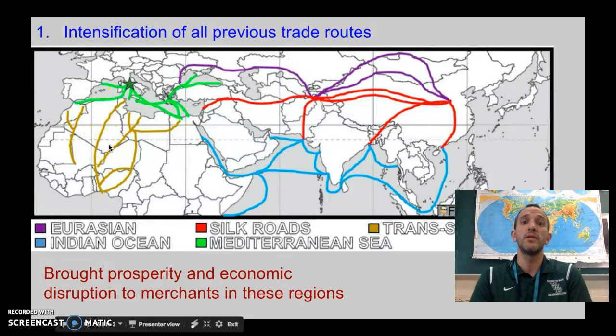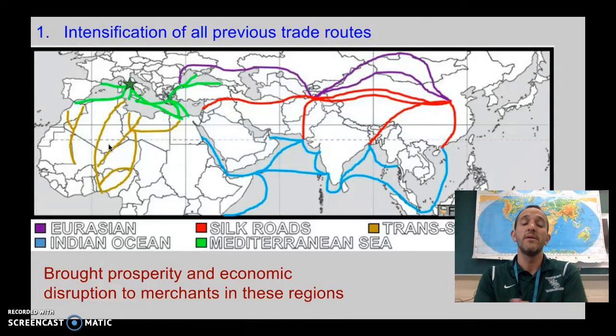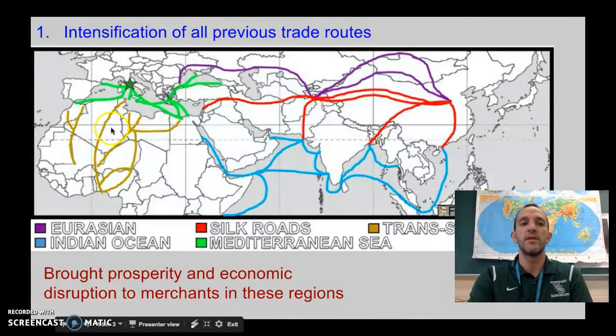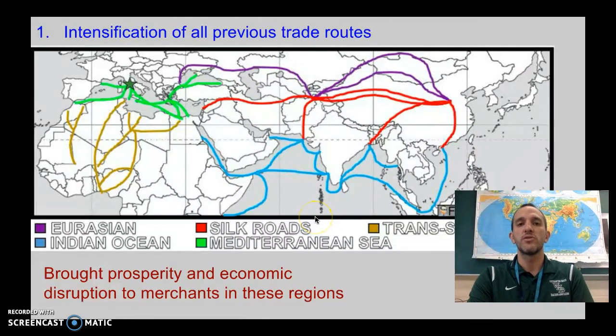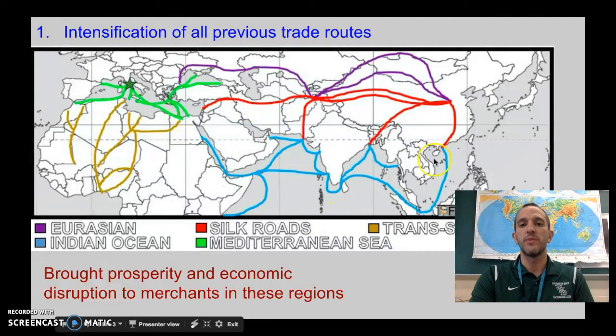This is a continuity, something that has remained the same throughout, where we have these 4 major trade routes in Afro-Eurasia: the Mediterranean Sea, the Sub-Saharan trade, aka the gold-salt trade, the Indian Ocean trade here, and the Silk Road. These trade routes in some areas are going to bring prosperity. We're going to see a lot of prosperity here in the Indian Ocean trade. Some areas are going to have a little bit of disruption. The Silk Road really falls off during this time period as we see the expansion of the Indian Ocean trade,